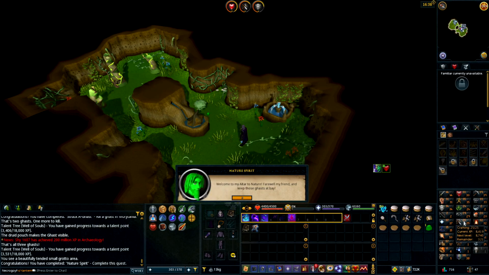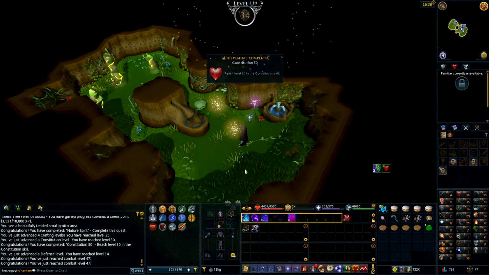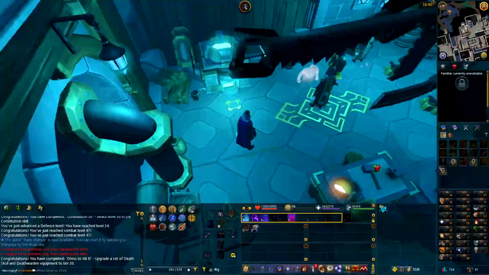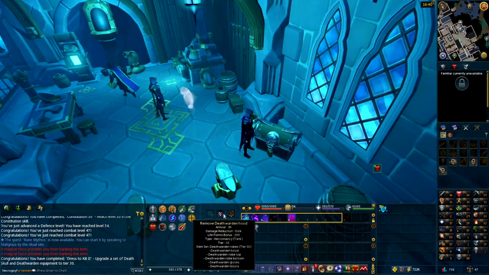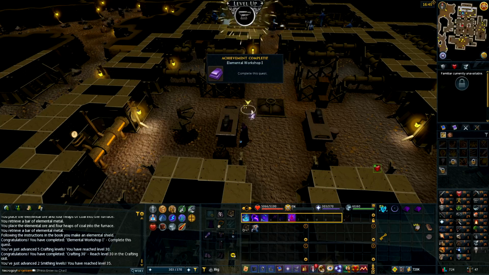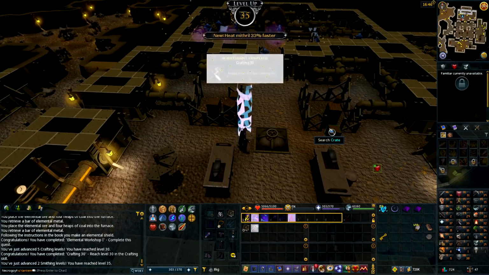Nature Spirit, getting a little bit of XP, which brings us up to 25 crafting and 30 Constitution, and as you can see, we are already in our new armor, now that we have that level, at 5,000 health. We have 30 health. That is insane. I love this armor. But we go ahead and finish up Elemental Workshop 1,